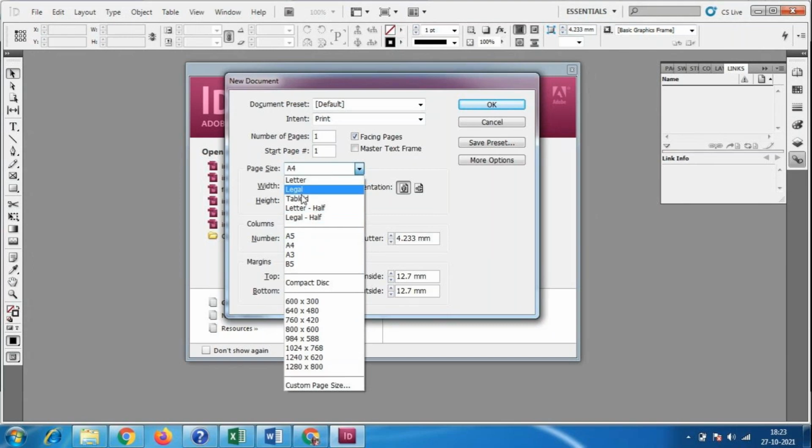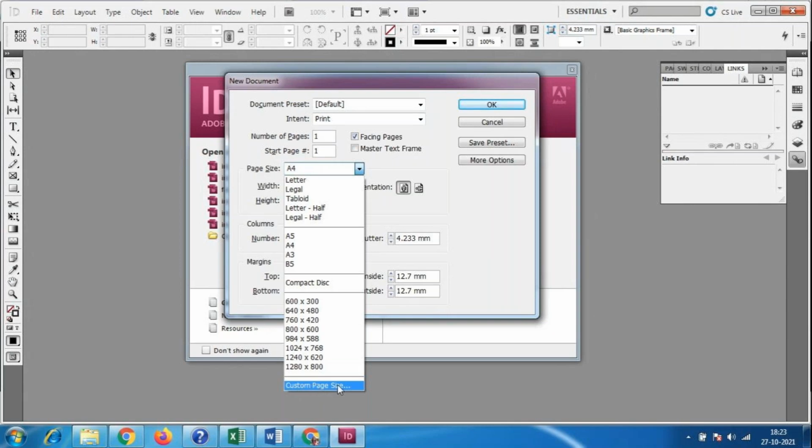So we have different kinds of page size, A4 size, A3 size, A5, and legal and letter size, and letter half in the sense A4 size, half size. Okay, so those things we can create. And otherwise you can make your own. Suppose you are taking an order from somebody, so at that time we have to make a custom size.